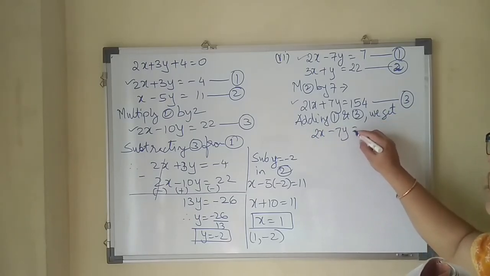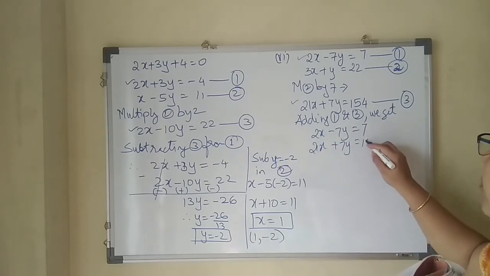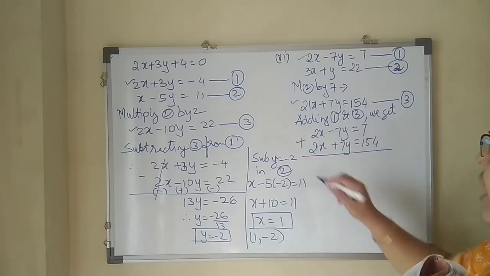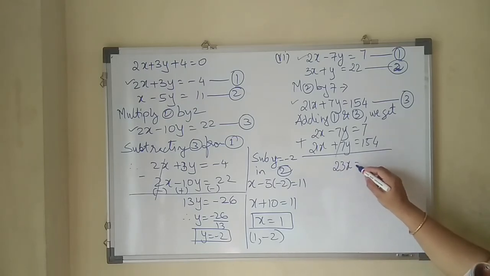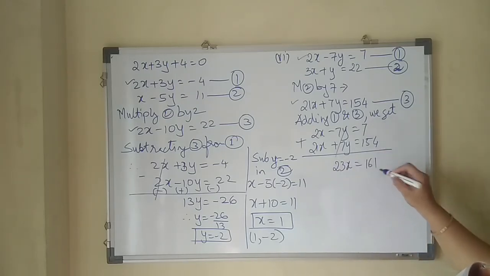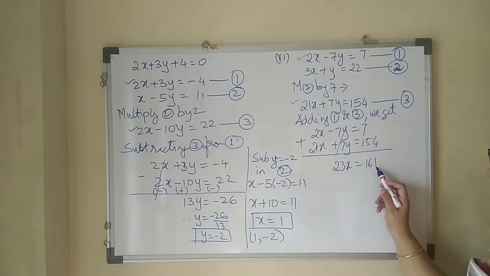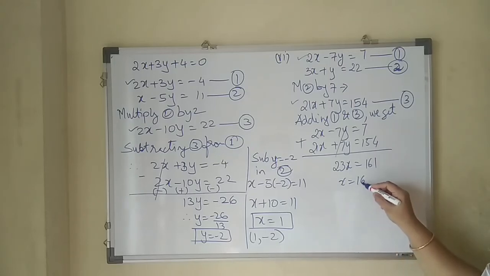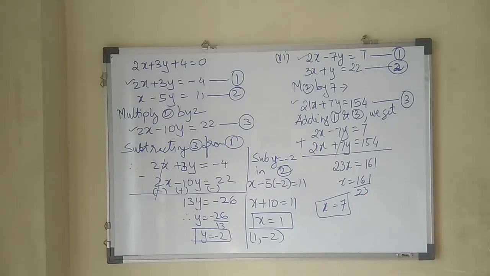I'm sure many of you have got the answer, right girls? So you are doing cross checking, so I am also not wasting much of your time. So we add, what gets cancelled? 7y gets cancelled. So 23x equals, yes, 161. So 161, how many times in 23? Not surely 8, because 8 twos is 16, it is not closer. So it has to be 7. Check whether it is 7. Is it 7? Yes, it is 7. 7 threes are 21, 2, 7 twos are 14, plus 2, 16.